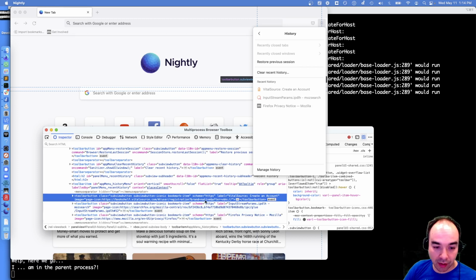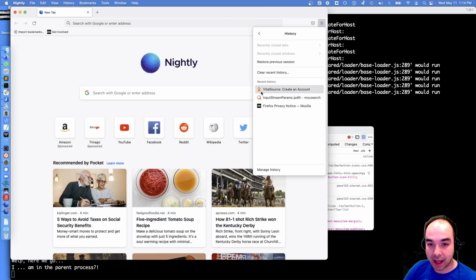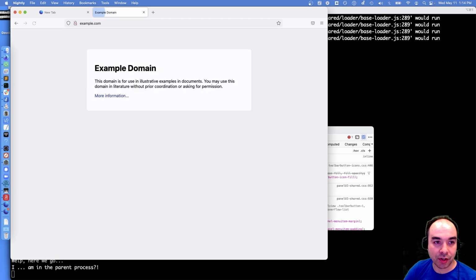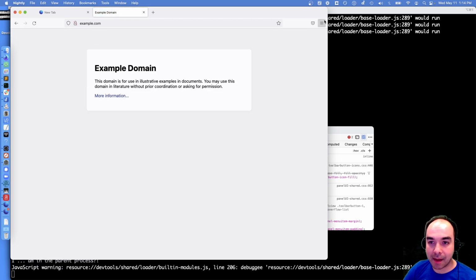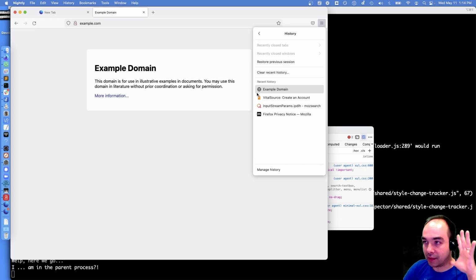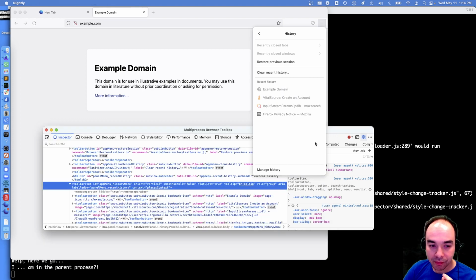You pass it the URL of something, and if it knows what the favicon is supposed to be for that particular site, it will render it. And if it doesn't know what it's supposed to be, it renders our default icon for whenever we don't know what a website's favicon should be. Like example.com, if we look at the history, they don't have a favicon for example.com. So the favicon is this globe thing, and that's built into Firefox. So that's what the page icon protocol does.